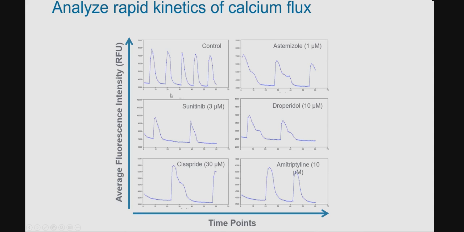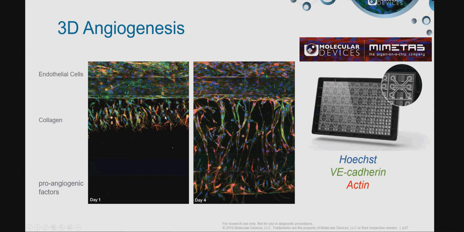The next assay I want to touch on is a 3D angiogenesis assay. In this example, this is using the 3D angiogenesis model that's established by Mimetas, using the Mimetas OrganoPlate 3-lane. And this is showing you an example where you see it flipped over, and you can see the chip, the pattern here. Again, we have a really nice application note to share more details with you on this. But what I'm going to focus on here is